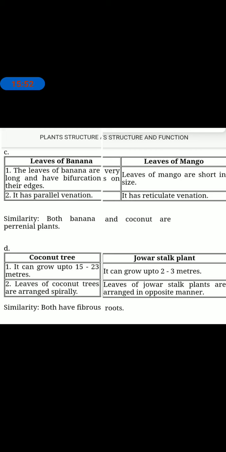Students should note down these question answers, that is, the exercise, in their notebook. Tomorrow we will discuss the remaining questions 4, 5, 6, 7. At least you have to write today, as it's your homework for today. You have to complete question number 1, 2 and 3 in your notebook.